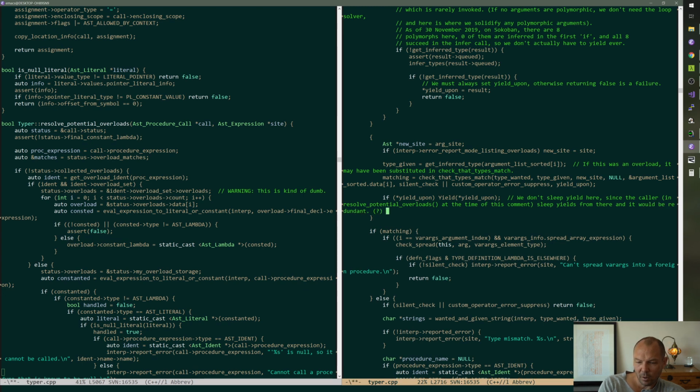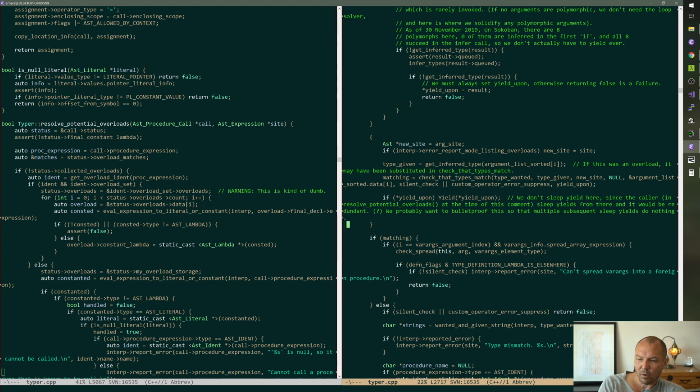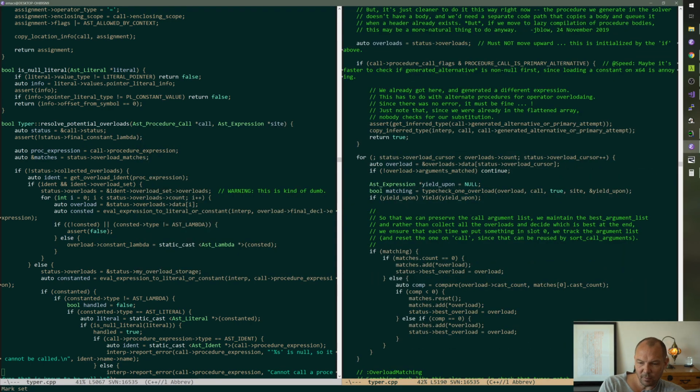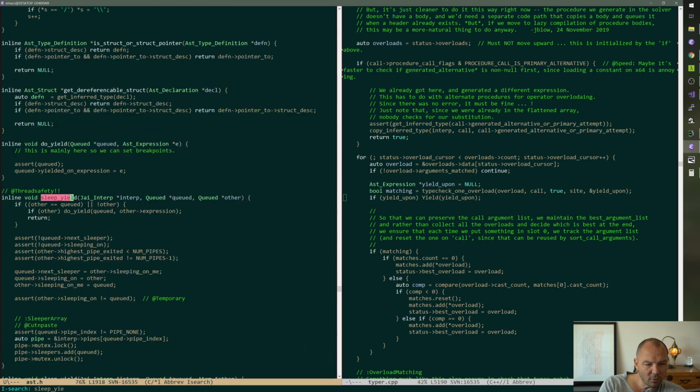We probably want to bulletproof this so that multiple subsequent sleep yields do nothing. Okay, anyway, because we pass the yield upon backup. Anyway, so instead of saying yield, we have a sleep yield.